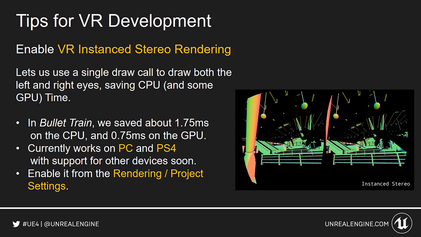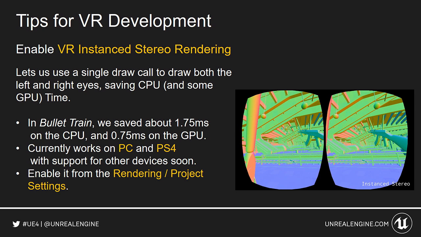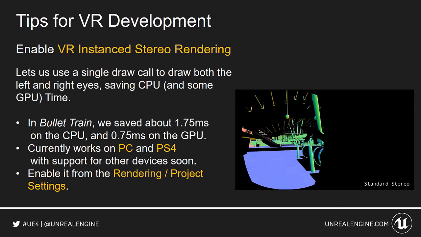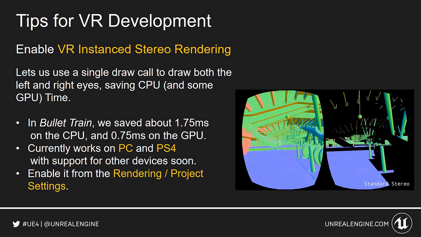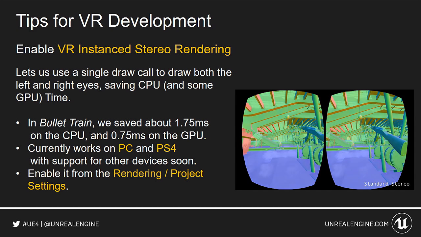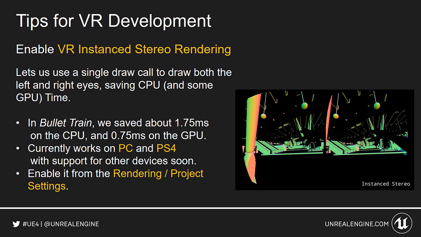Previously, the engine rendered a stereoscopic image by drawing everything for the left eye and then drawing everything for the right eye. With instanced stereo rendering, we render both eyes at the same time, which significantly cuts down on the work done by the CPU and improves efficiency in the GPU. This video here illustrates that process that we introduced, I think it was back in Engine 4.11, the 4.11 update.